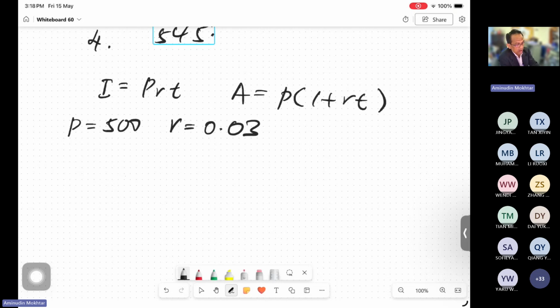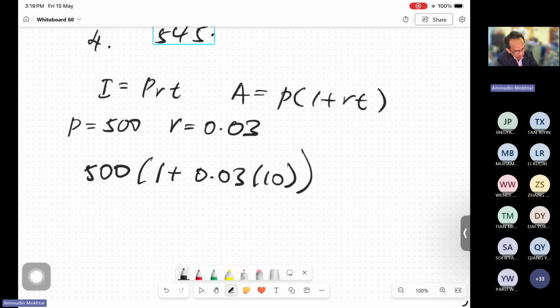Now we can forecast, we can project, we can estimate the amount of money after, let's say, 10 years. What happened to your deposit? Today, your deposit is 500 ringgit. For 10 years, with the dividend of 0.03,